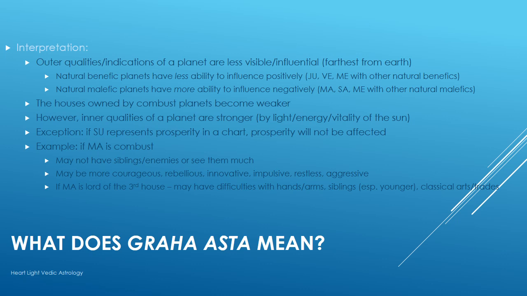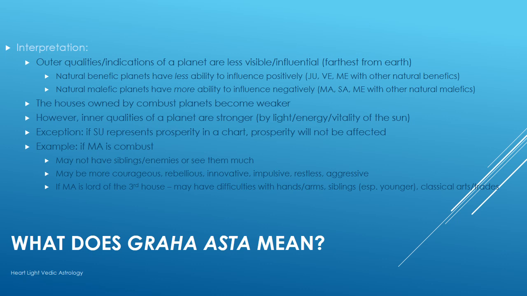So natural benefic planets, though, there is a distinction here. Natural benefic planets, which are Jupiter, Venus, and Mercury, if Mercury is associated with other natural benefics, because Mercury can swing both ways depending on who it's influenced by, will have less ability to influence positively. So if you have Jupiter or Venus, for example, combust, you may see less,